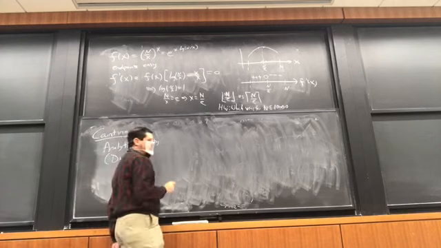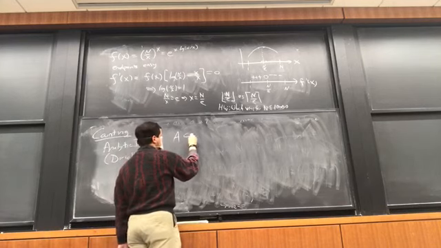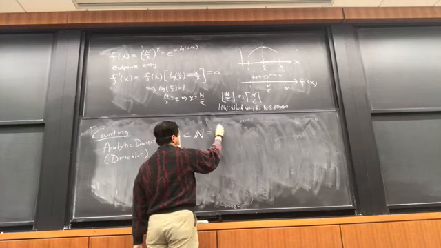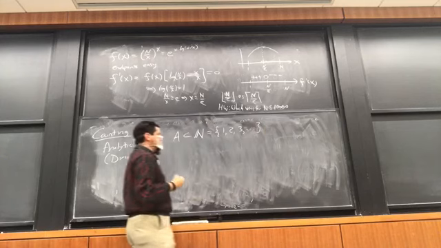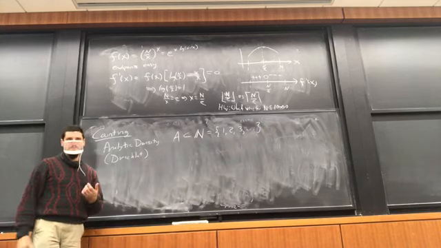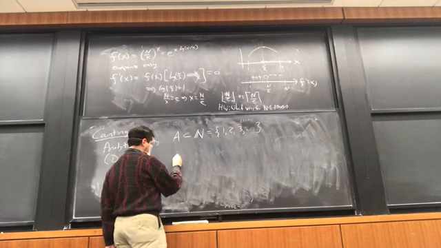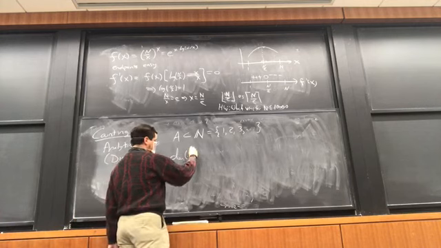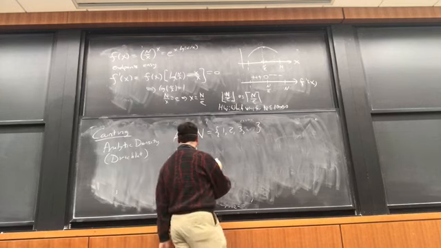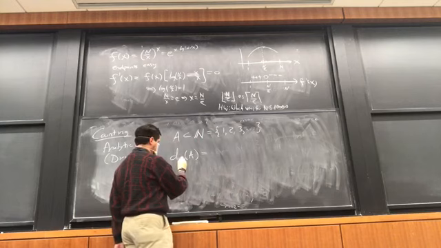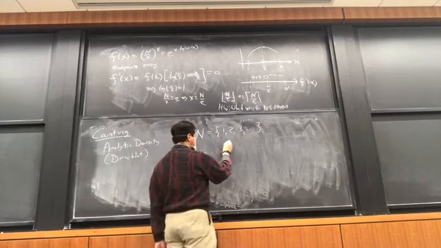And what you do is you have some subset A of the natural numbers. And so today I'm going to have my natural numbers start at 1. And what you'll do is you'll say the analytic density of A is going to be, I'll put like an S up there, is going to be the sum